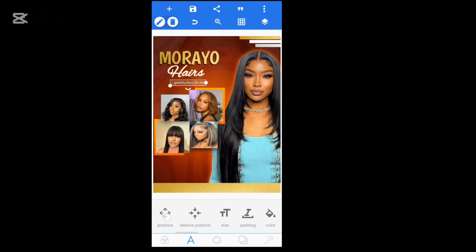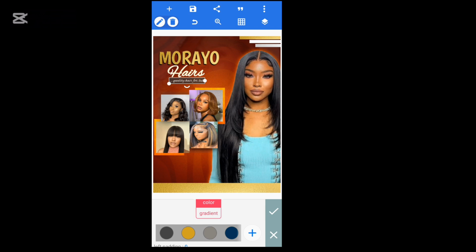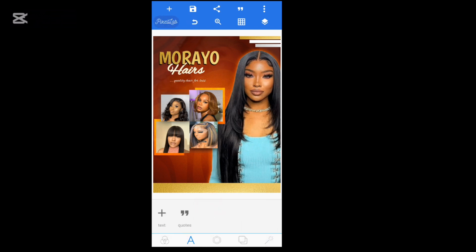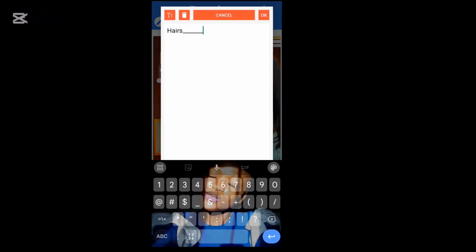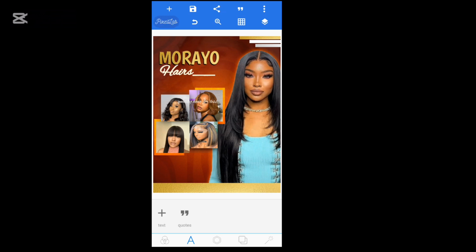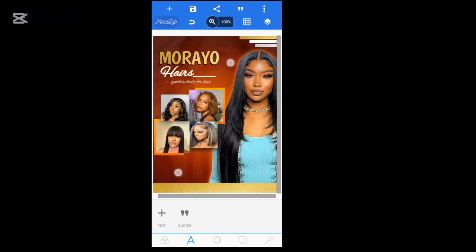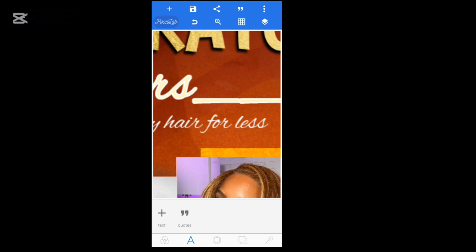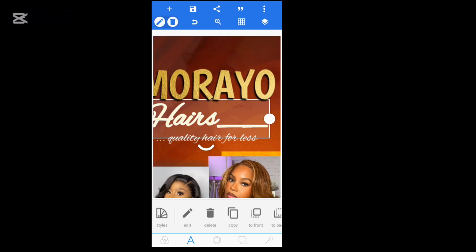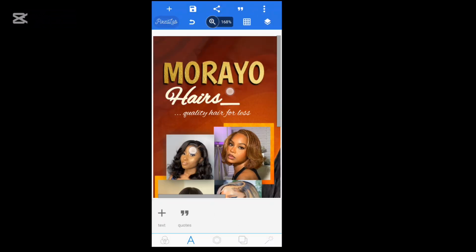I was not really satisfied with the other font, so I'm trying to adjust it. So that's just how graphics work. You can use a particular font, but you might not like it. You just need to change it. You understand? So I added some dashes, it's not actually a line, just dash dash dash, just to occupy some spaces. And yes,